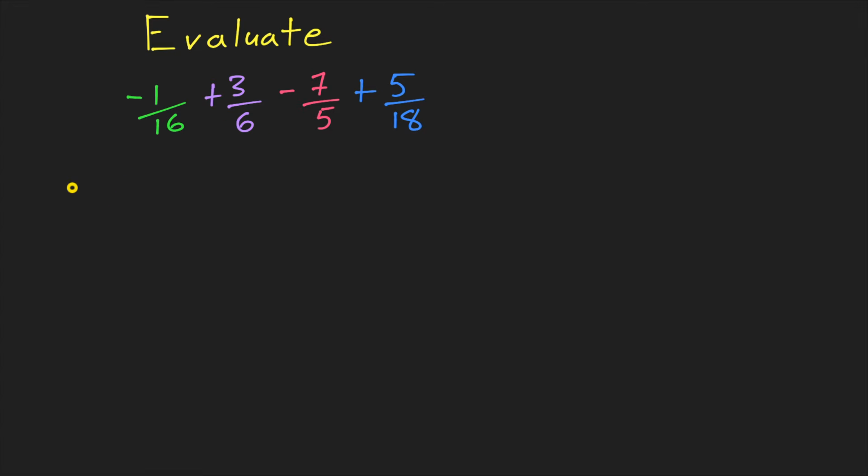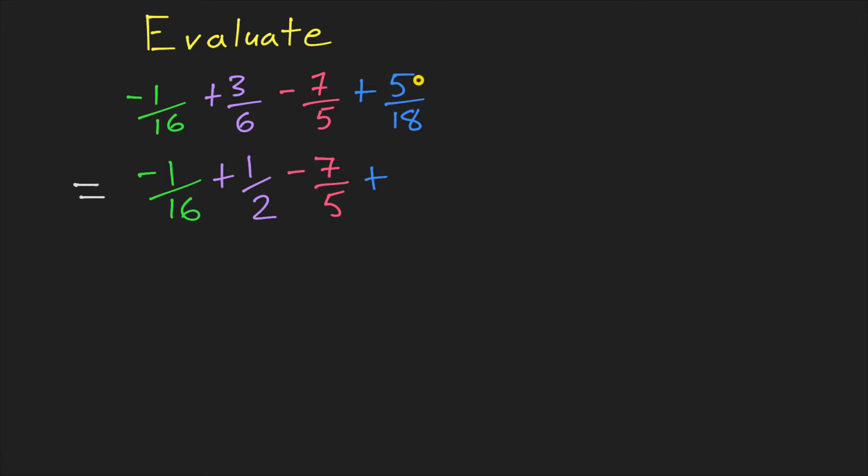So let's go ahead and do that. So the above expression is equal to -1/16 plus 1/2, where again 1/2 can be reached by dividing the numerator and the denominator by 3, minus 7/5. Can you reduce 7/5? Well, 7 is a prime number, 5 is a prime number, so you cannot reduce this. 7/5